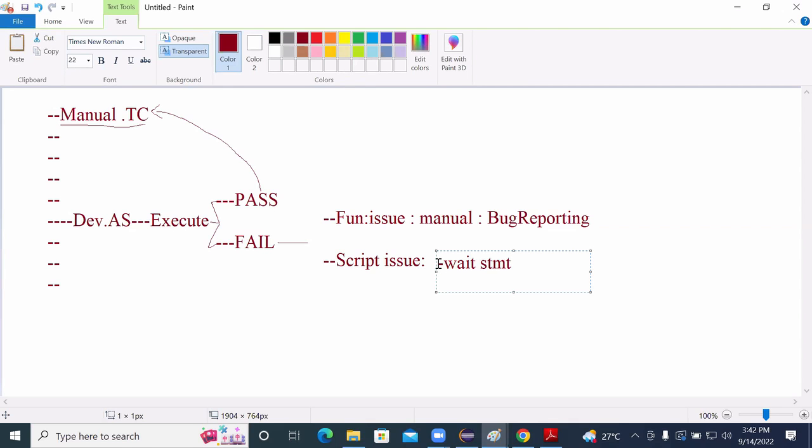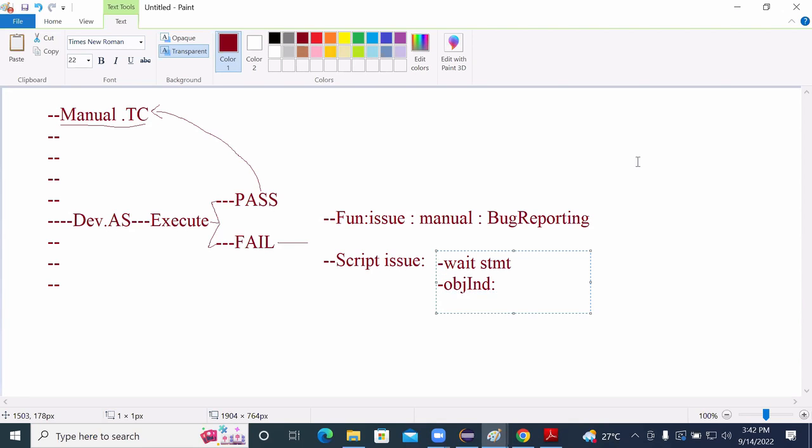In that, the one you will be considering is the wait statement. If this is working with the solution of the wait statement, and the script is working, no issues. In case the wait statements are not working, then you need to try with